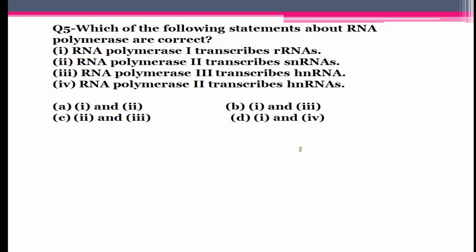Whereas in case of eukaryotes, the genes are split genes. They contain both coding and non-coding regions,